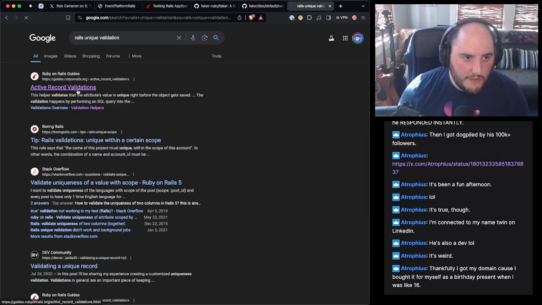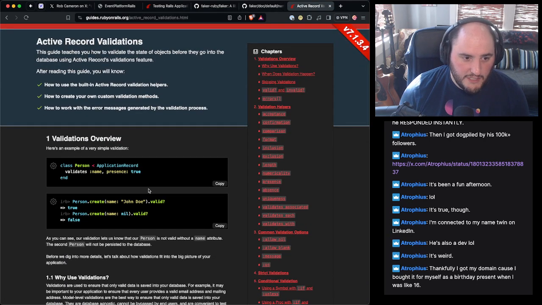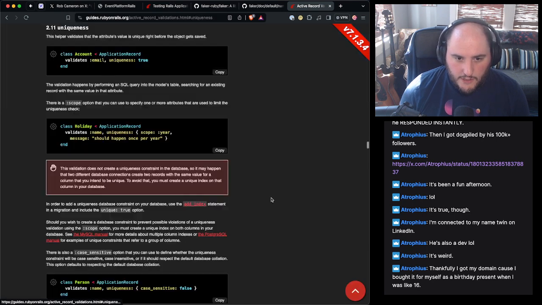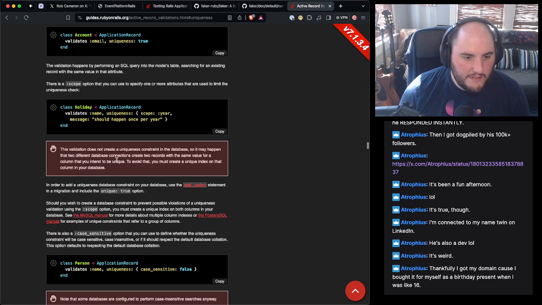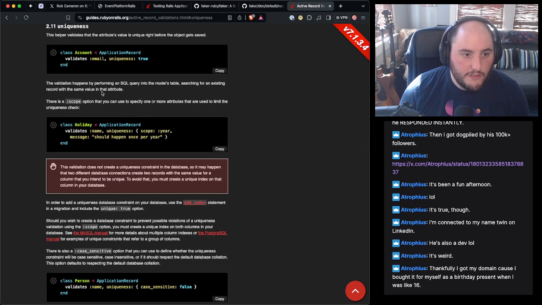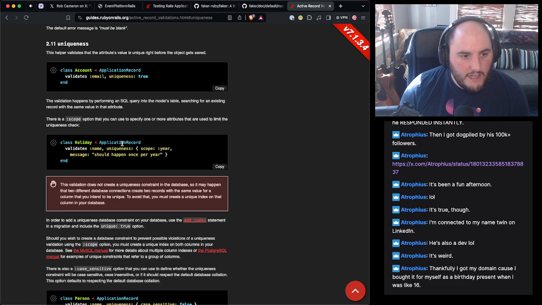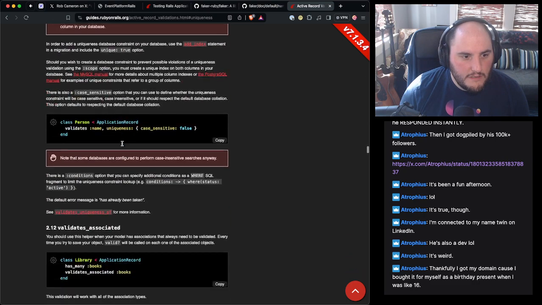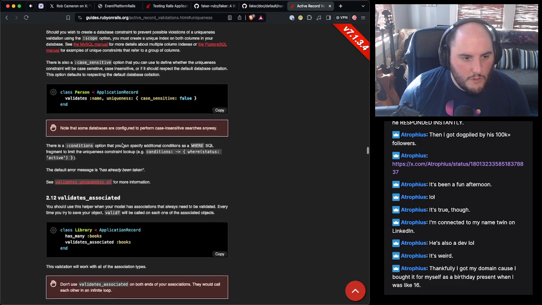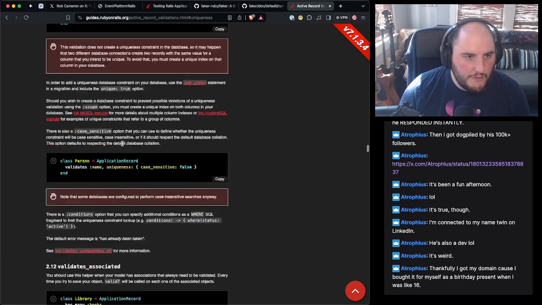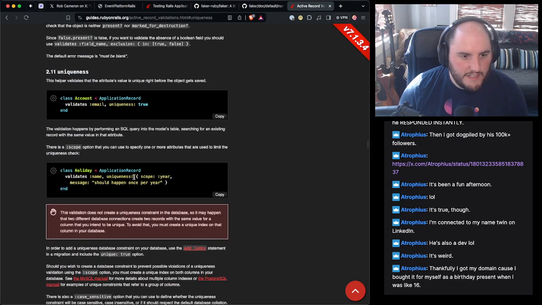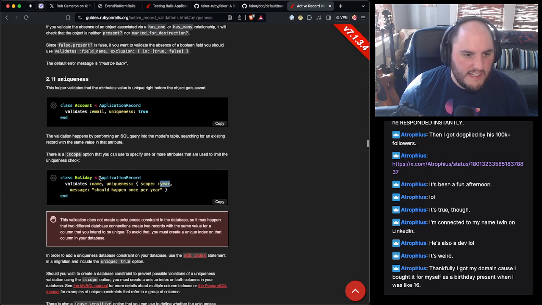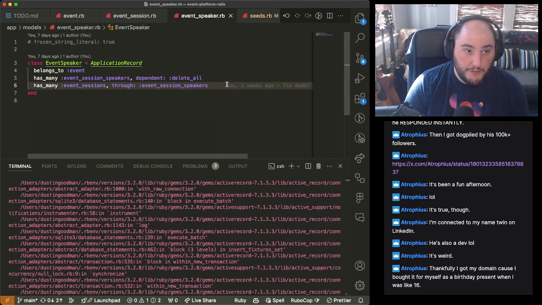This is something you can absolutely put onto an Active Record validation, especially since this is something we're going to need. So we can go look at what uniqueness says, and it's easy for it to say, hey, there's uniqueness, there's case sensitivity, there's scope. And for us, I think we want this case right here where the scope is year. So in this case, I think what our validation is going to be, just to try it.